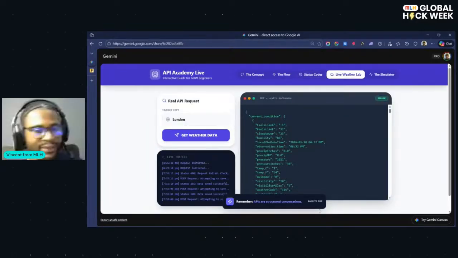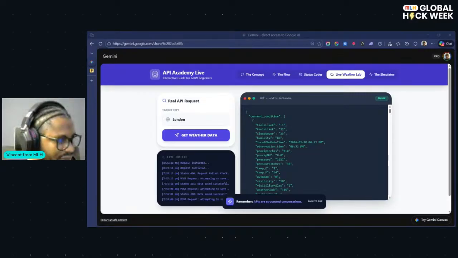So let's look at this example right here. For this example, I'm using the wttr API. Let me see if I can get that and paste it somewhere on the screen. Give me one second. It's a public API.